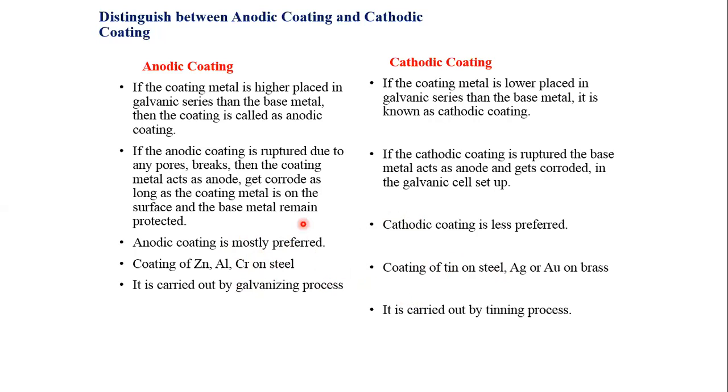And the first method of metallic coating is the hot dipping process. In the hot dipping, we learn about galvanization, which is coating of zinc on a steel article, while tinning is